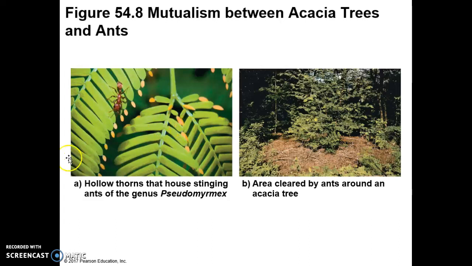Here you're seeing acacia trees and fire ants, or I'm pretty sure it's fire ants. So they both benefit from their interaction. The ants clear an area around the acacia tree so that the acacia tree gets the nutrients that it needs, and these stinging ants basically live inside this plant. They live in little pods on the plant. So